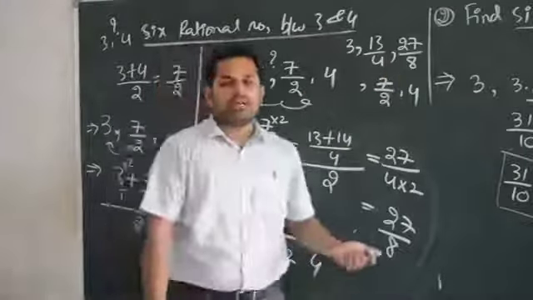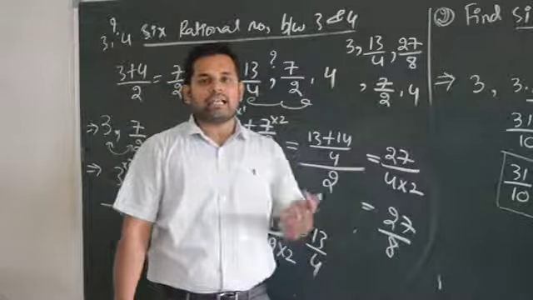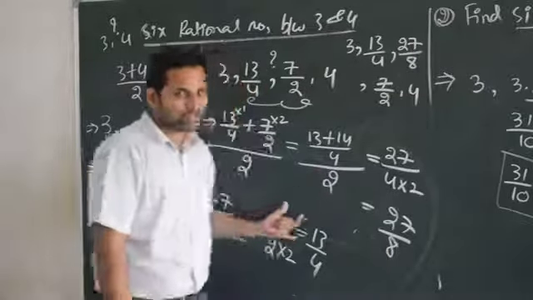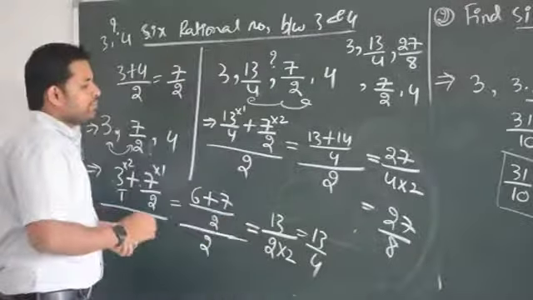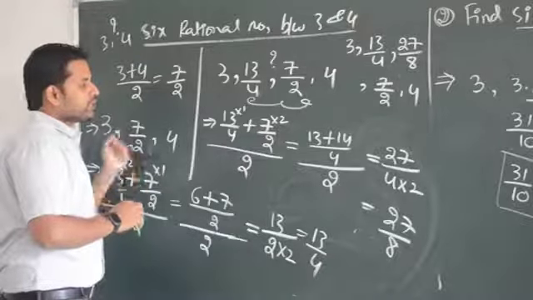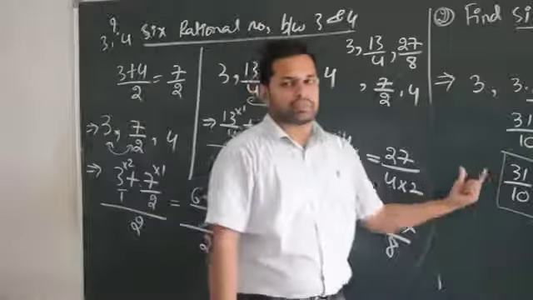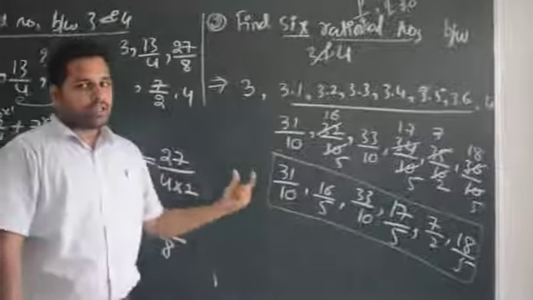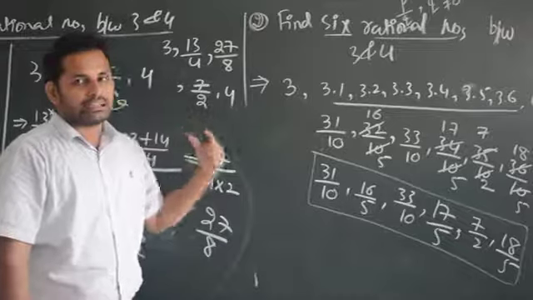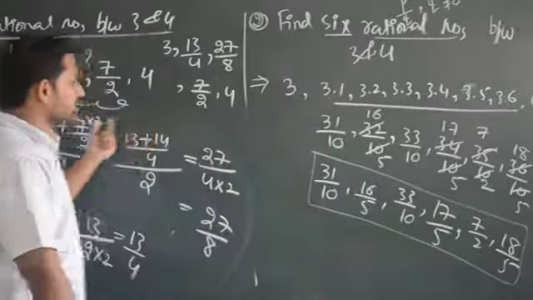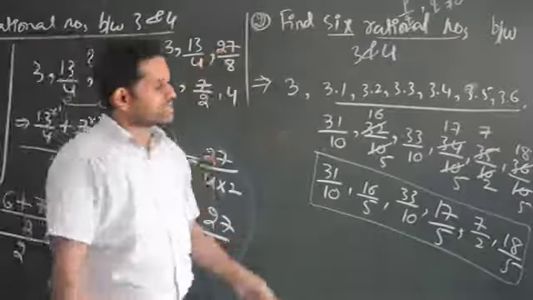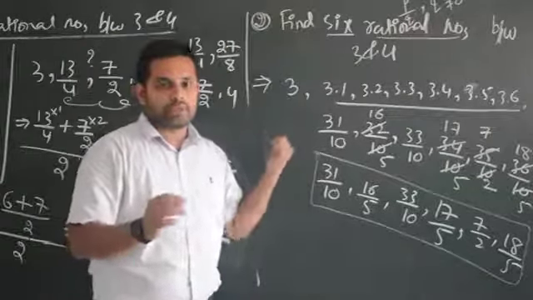Again, wherever you want, you can find by adding and dividing by 2. This is also simple, but it will take a lot of time. It will waste a lot of your time. So that's why I am not preferring this method. I want you to go for this other method. Wherever there is a disadvantage, I will tell you the way to follow this method. But right now, to solve the exercise and simple problems, you have to approach this method.